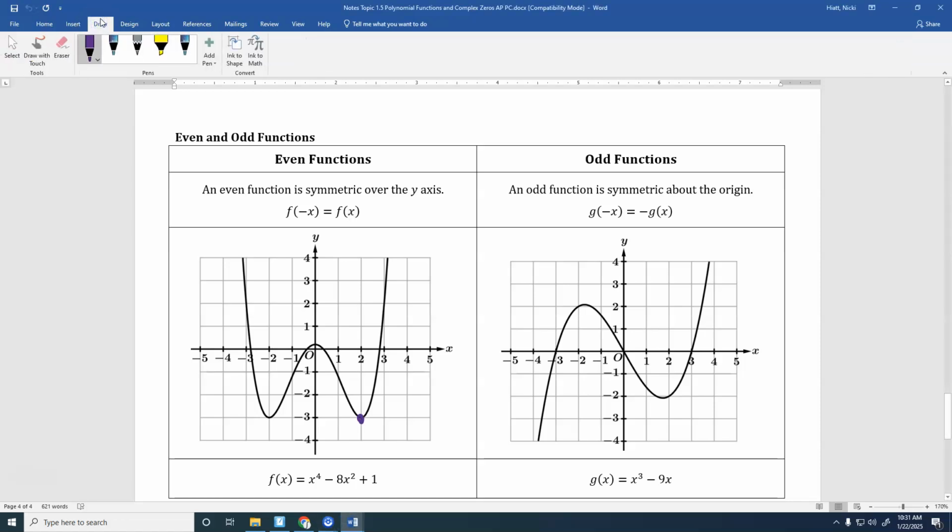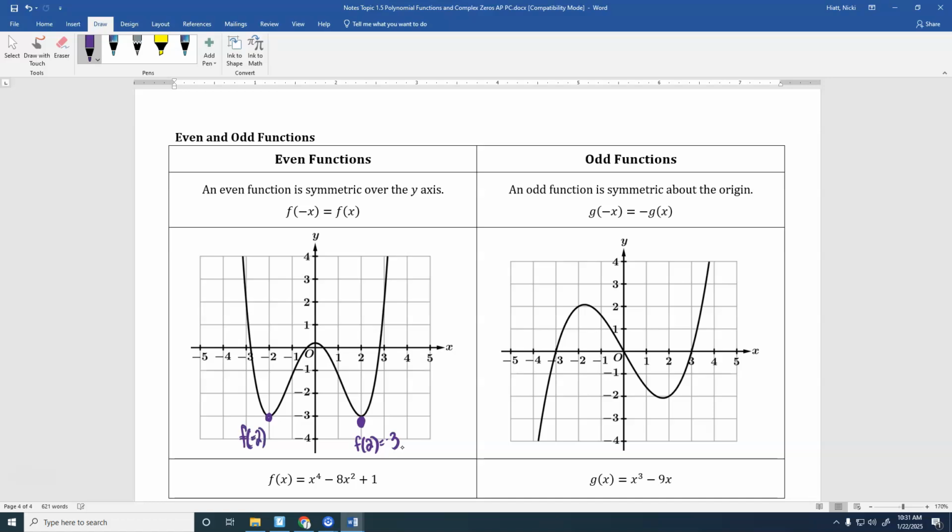If I plug in 2, f of 2 equals negative 3. That's this point right here. It's in the table, and it wants to do this weird thing where it crawls down the page. But right here at that low point, if I plug in 2, I get negative 3. Well, if I plug in negative 2, f of negative 2 also equals negative 3. It does not matter whether you plug in a positive or a negative number for your x, you get